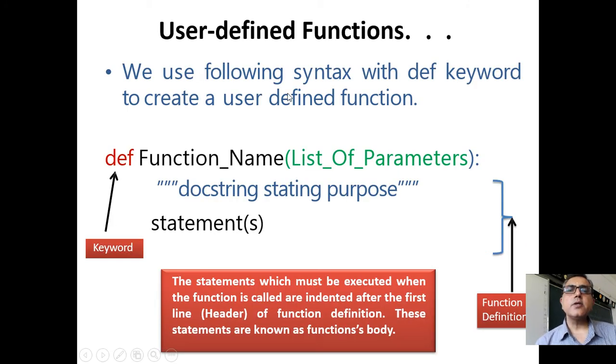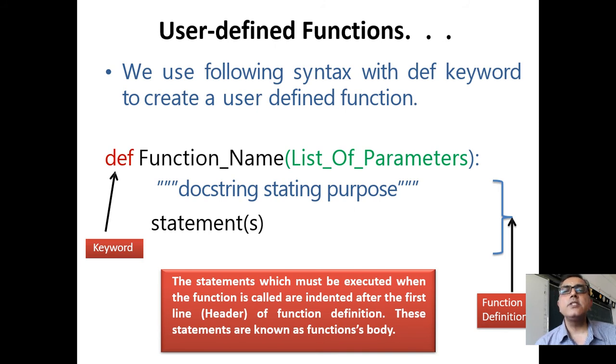Now what is the syntax for creating user defined functions? You can see here. It starts with the def keyword, then the name of the function. The name of the function will follow the same variable naming conventions which you have been following for naming variables. Then after the name of the function there must be an opening round bracket, and if the function is supposed to work on some data, if you have to supply some data to the function, as we did in the sqrt function, we are giving the number for which you want the square root to be calculated.